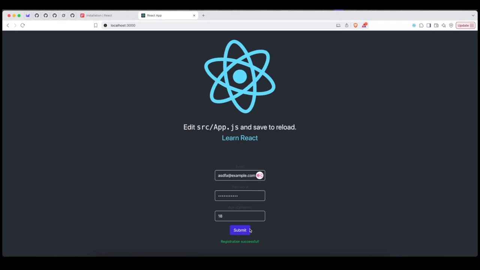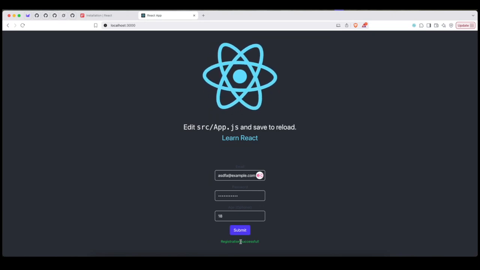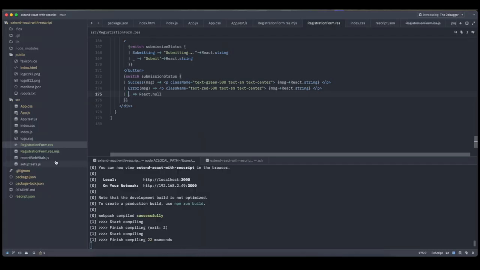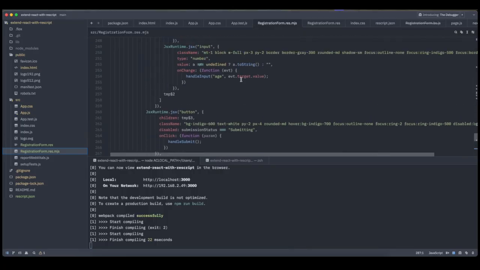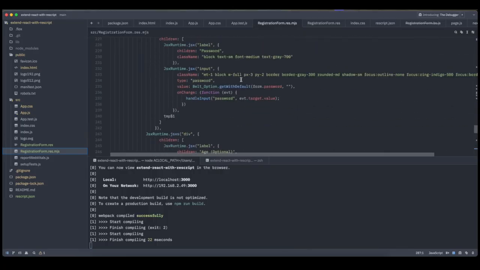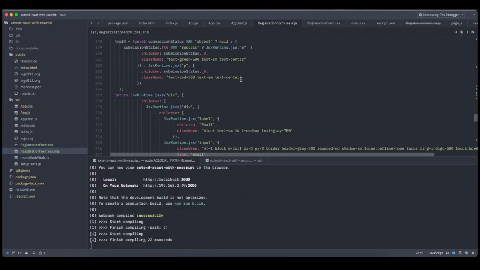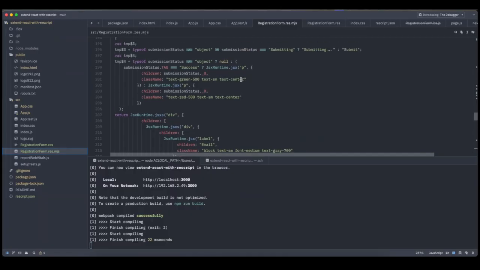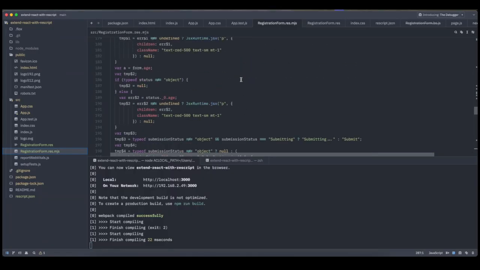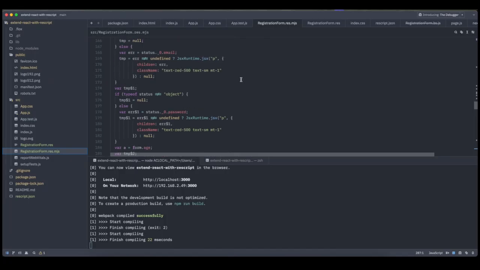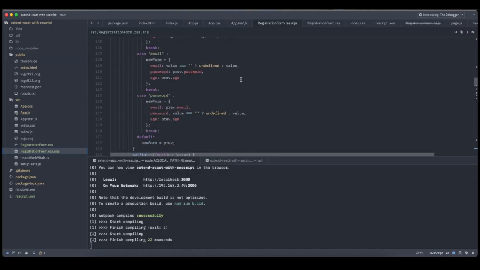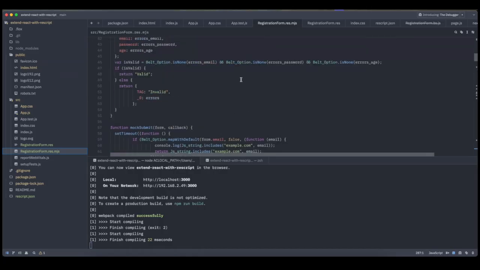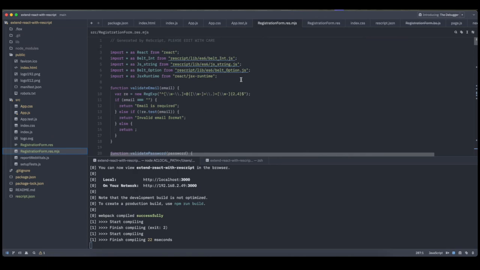Yay, we have successful registration. Great. So let's take a look at the registration form output. So here is the output in JSX, and it's worth saying that ReScript React ensures that the JavaScript that's output is optimized for performance. So here we have the output in JavaScript and JSX